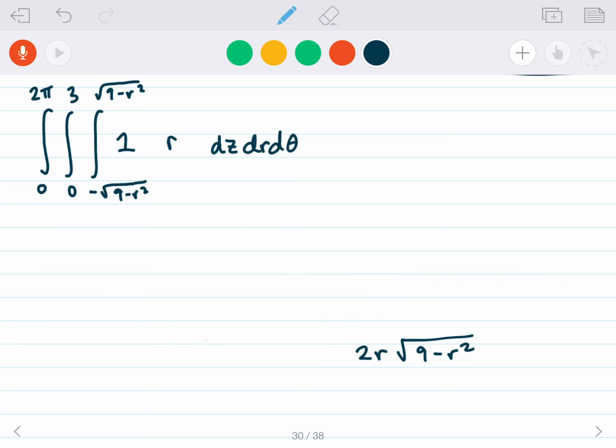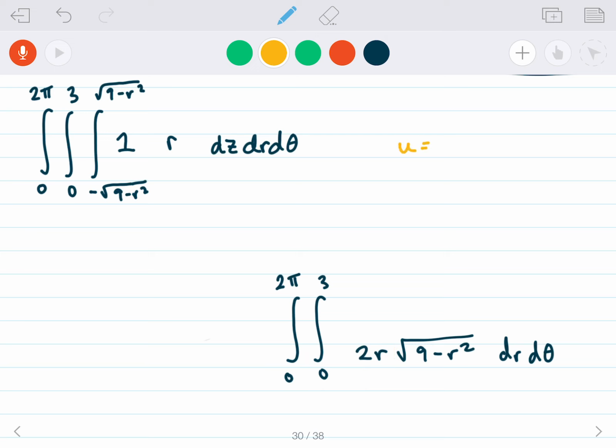So now I'm just left with the double integral. So I'm going from 0 to 3 dr d theta. Alright, so this is kind of a complicated integral. So what I'm recognizing here is that under the radical, if I take the derivative of that, I'm going to get negative 2r, and so I have some sort of cancellation that's going to happen if I use a u substitution. So that's the strategy I'm going to use here.